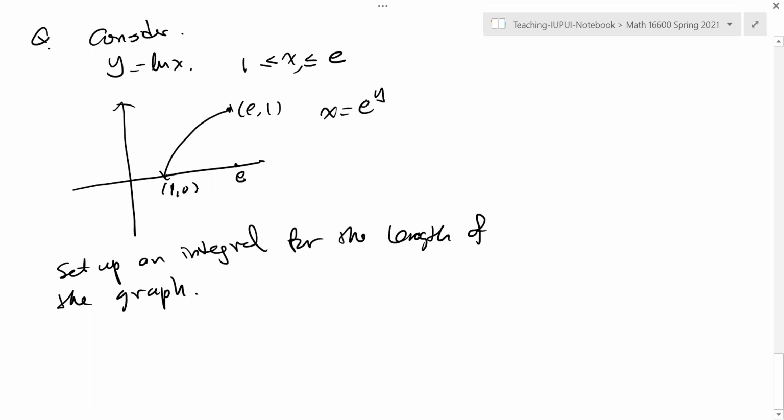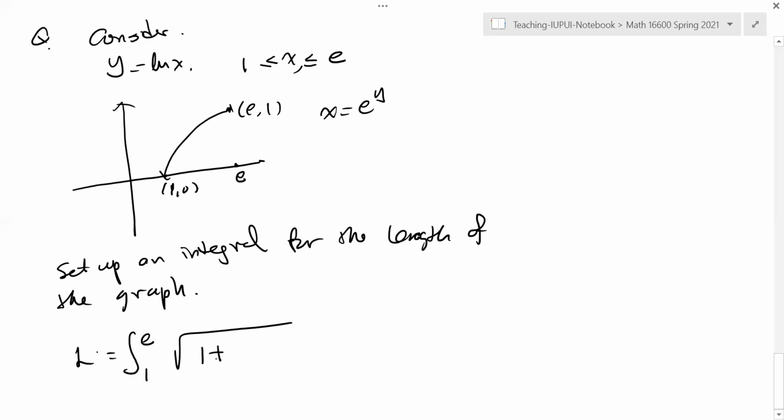So actually, we're going to have two integrals here this time. I'm going to show you. If you view it as a graph of natural log x, then the length is going to be the integral from 1 to e,